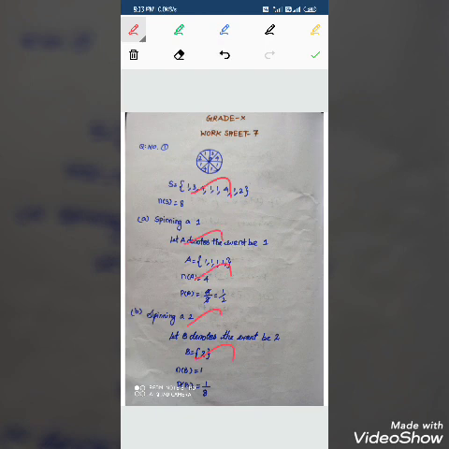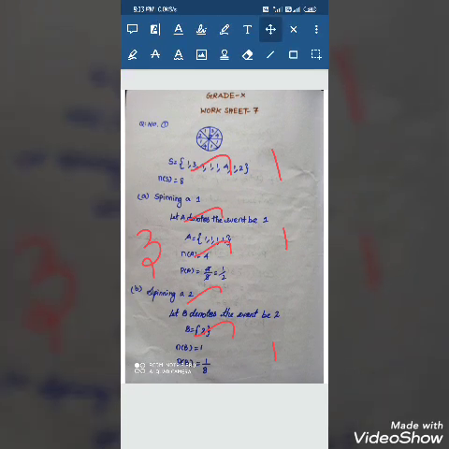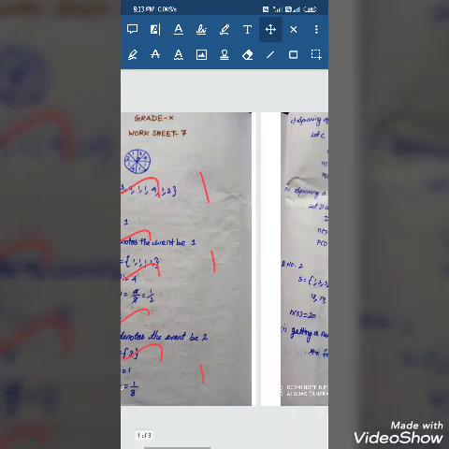So I will just show how to correct as an example. I show everything, how to take and how to give the marks. I use only my finger. I don't have any touch pen at all. So I use my finger only. I have to correct everything. Just watch. I have to correct two papers.